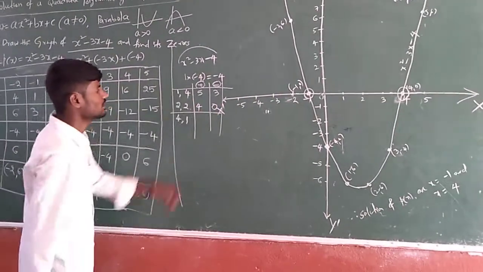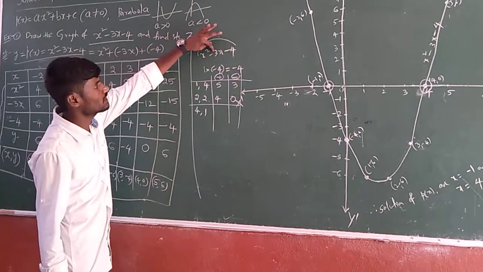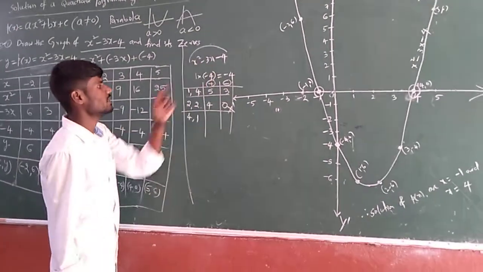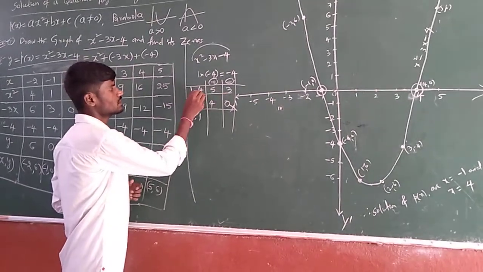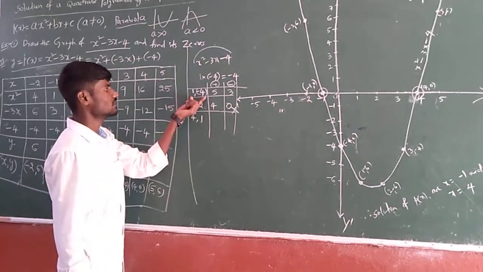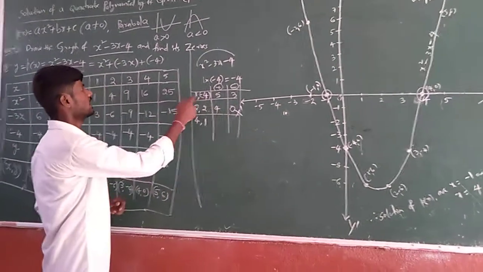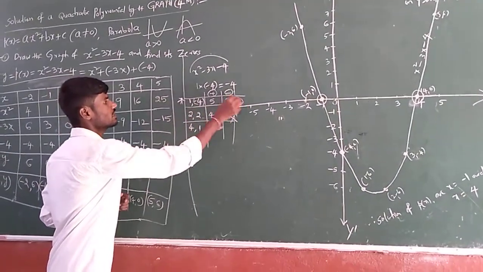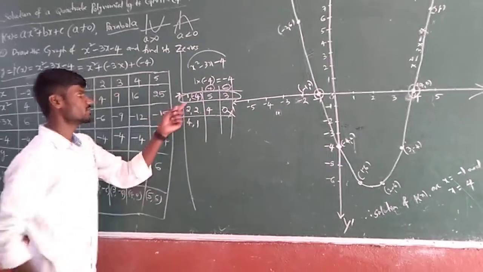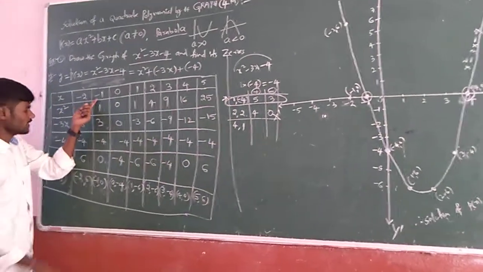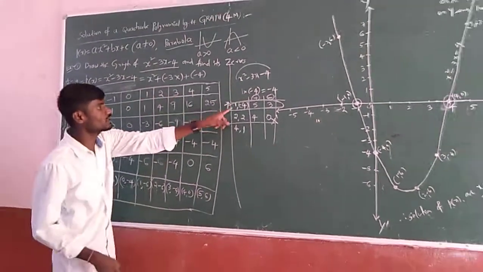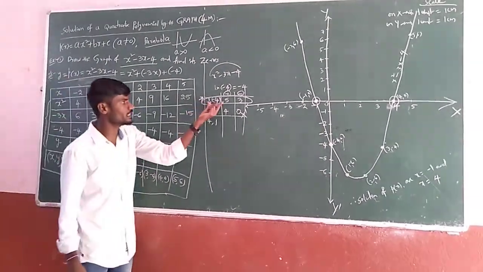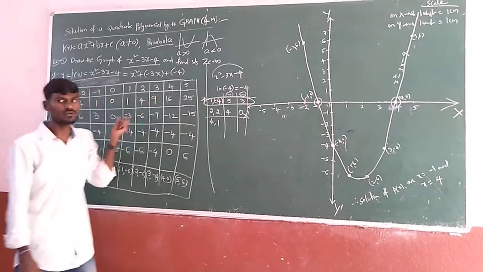But what is the middle term coefficient you are getting here? It is minus 3. So in which case are you getting minus 3 with 1 and 4? Minus 3 means the larger number should be negative. So the zeros you may expect are 1 and minus 4. And here one important thing is that you are getting 1 and minus 4, but if you observe the table you will get minus 1 and 4, not 1 and minus 4. For 1 you are not getting 0. Whatever you are getting, opposite signs you have to include in the table.